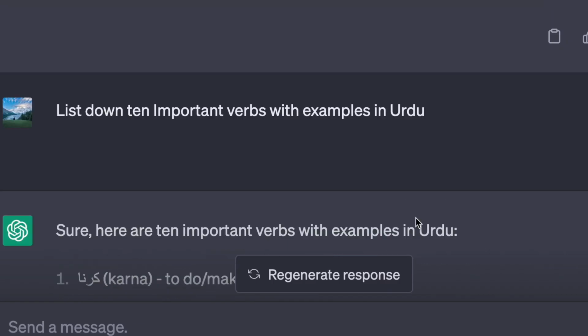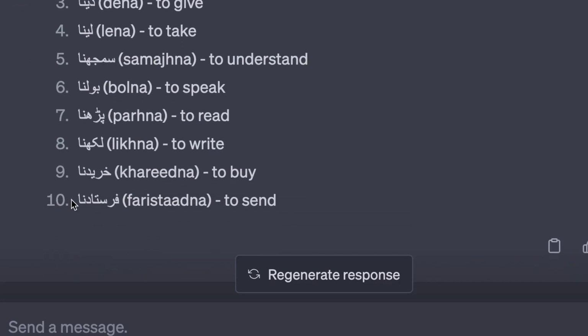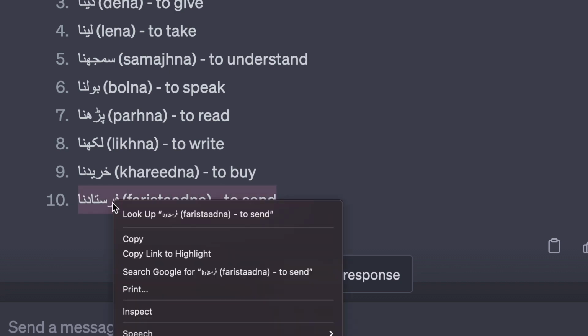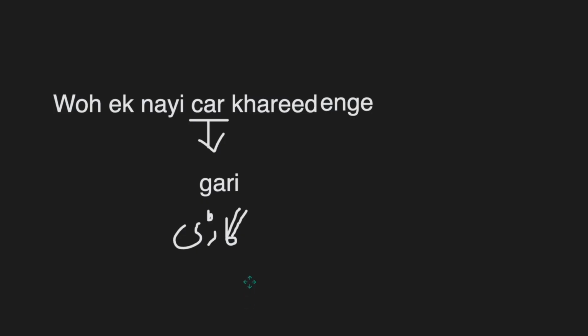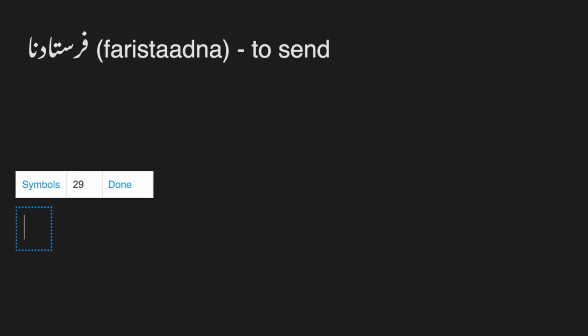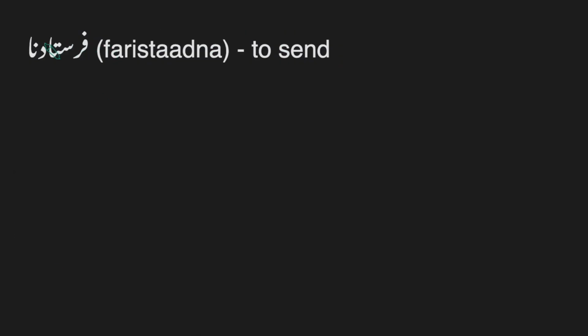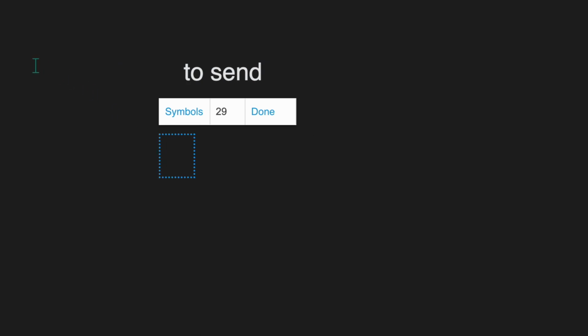Now let's go back to the last verb. Okay, so the last verb, I don't really like it because it's wrong. Let me copy it and change it. So okay, I'm gonna copy it. This verb is, I think, Farsi or something, so I'm going to remove it. Okay, so let me erase it. So to send is